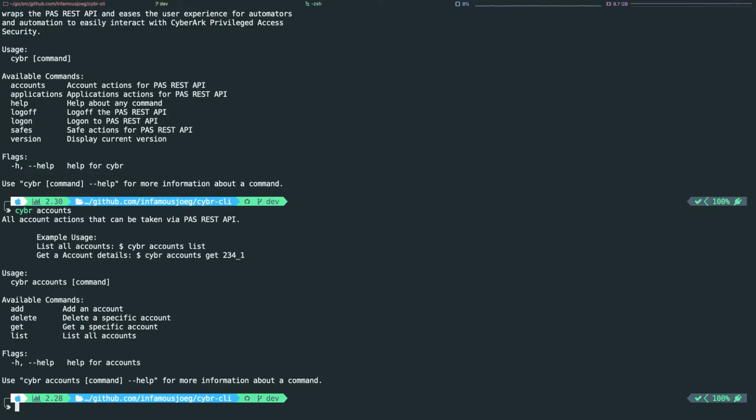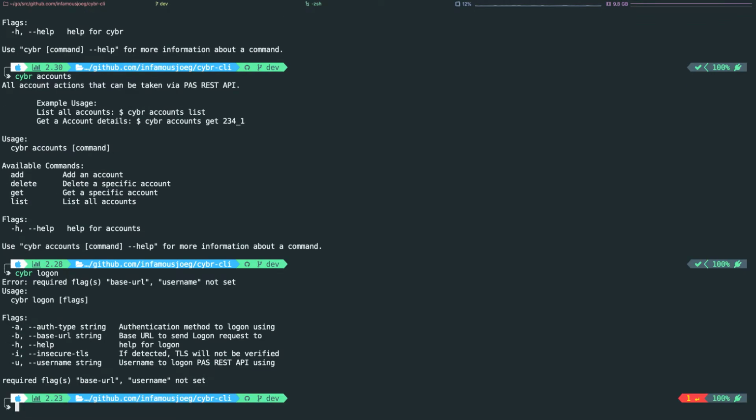But if we've worked with the REST API in the past, we know that none of this works without logging on first. So we do need to log on. We can run cybr logon and get the flags that we need in order to do this. It returned an error, but it doesn't matter. So let's go ahead and log on to my instance in the cloud. We're going to give it an auth type of LDAP, and a base URL of